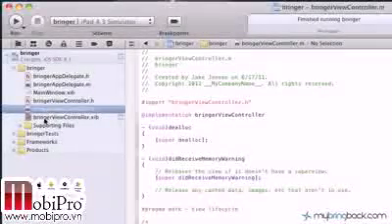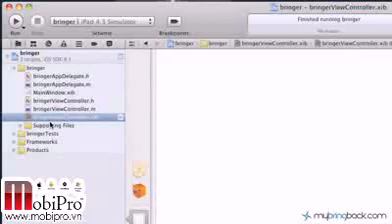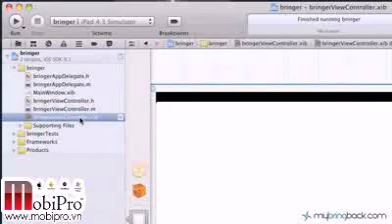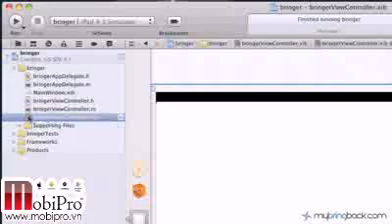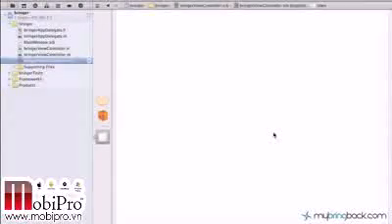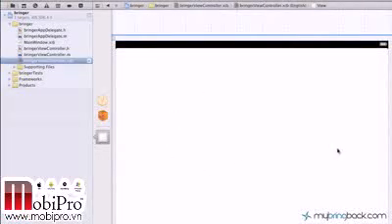the .m, and a .xib, which is basically an XML file that has a nice interface builder that we're going to work through today. So go ahead and click into your viewcontroller.xib with your name here. Whether you name it Bringer or something else, that could be a little different in your case. As you can see, we've launched into the interface builder, which is basically the iPad screen in the middle here in our work area. You can scroll down and we've got the whole screen in front of us,